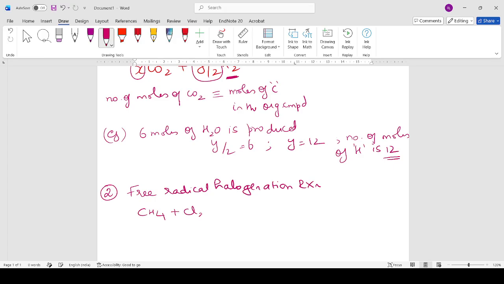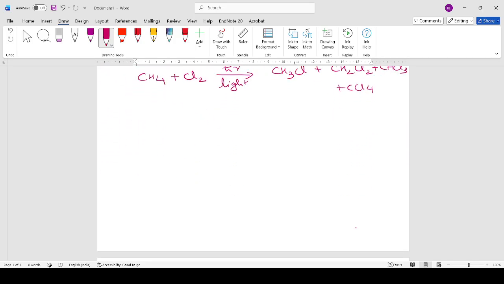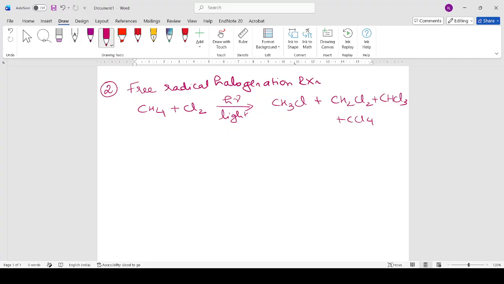I treat it with chlorine in the presence of light, h nu, where I can see it can give you CH3Cl, CH2Cl2, CHCl3, CCl4. The first step of the reaction is called the initiation reaction,